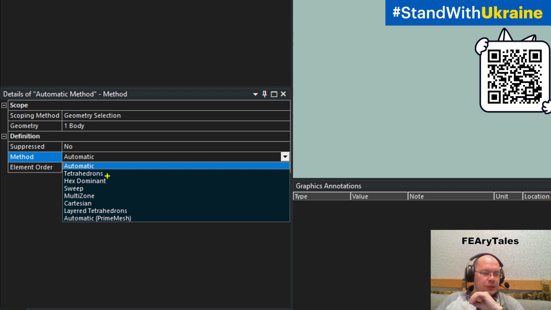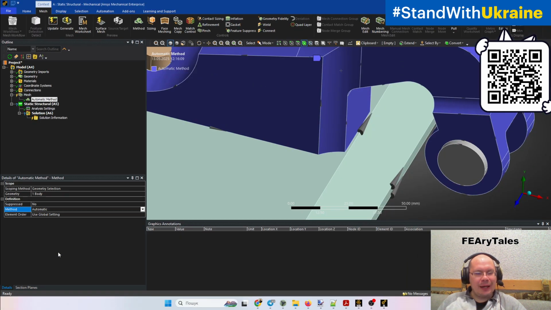The tetrahedrons option says that no matter what we choose, we need to obtain only tetra elements. And hex dominant, sweep, and multizone have other options. Hex dominant creates mostly hex mesh. Sweep and multizone can create the prismatic elements, and can create the hex element, and so on. So this changes the form of our element, but also you can find here